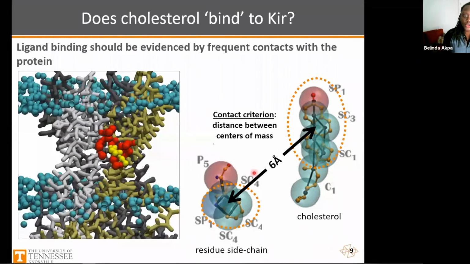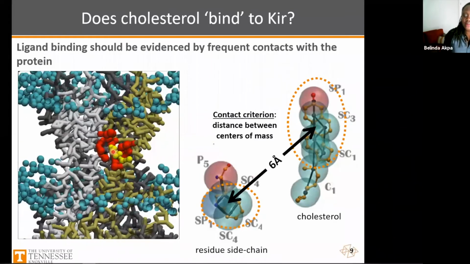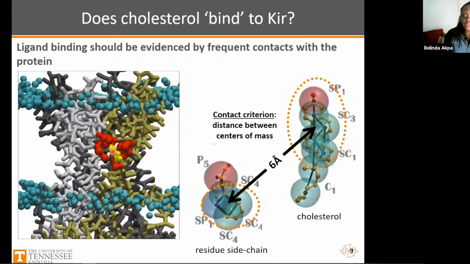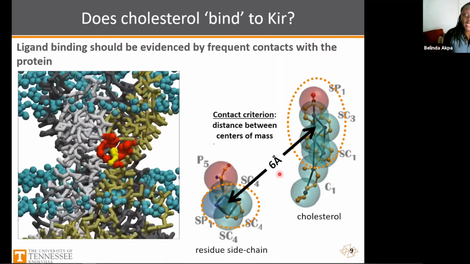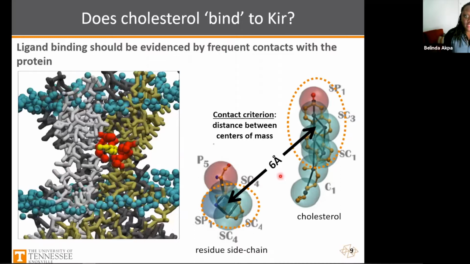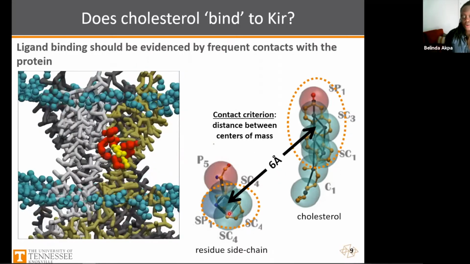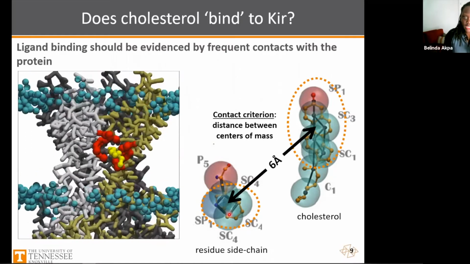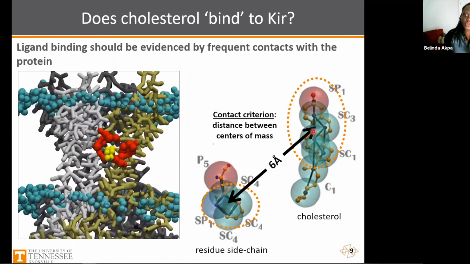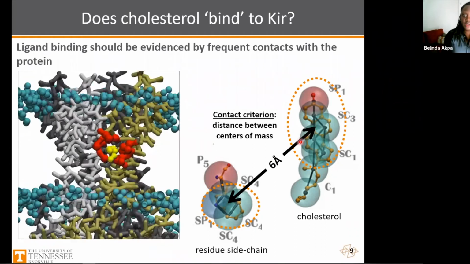So you could say, well, if I'm in contact, I must be in close proximity. So let me set a threshold for that proximity. In this case, we use 6 angstroms, and calculate the distance between a particular protein residue and any sterol molecule in the system. Anytime I see that that distance falls below 6 angstroms, I'm going to count that as a